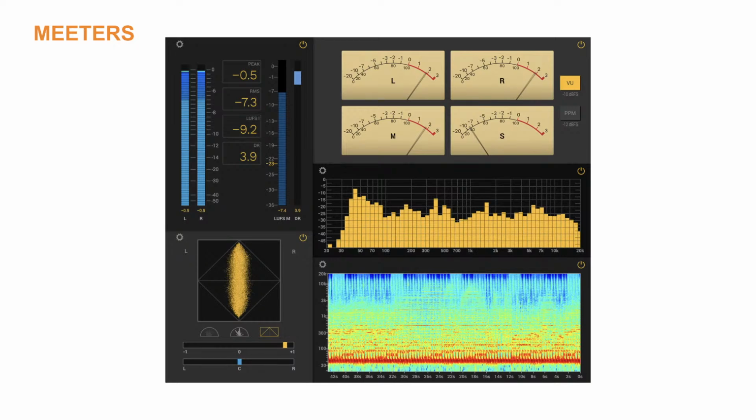I also have another type of meter here, which is telling me the peak of the signal. It's telling me the RMS of the signal. We're going to talk about that in a second. And it's showing me also the LUFS. We're going to talk about what that means as well. And it's showing me the dynamic range. We're going to talk about that as well, what that means. And it also has a correlometer, which is showing me a stereo spread, which is really